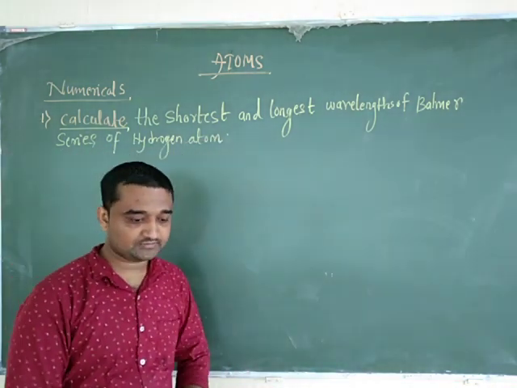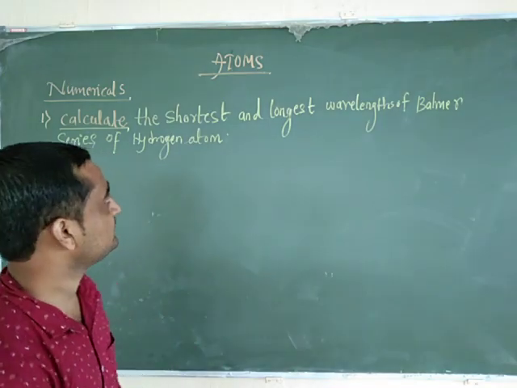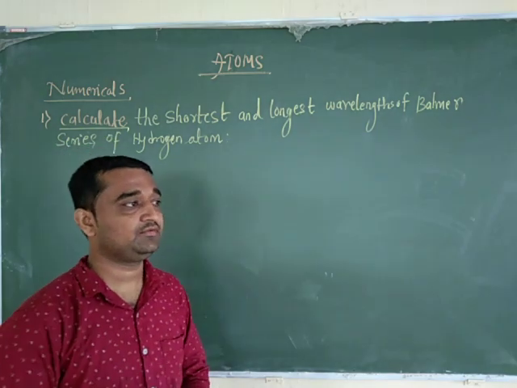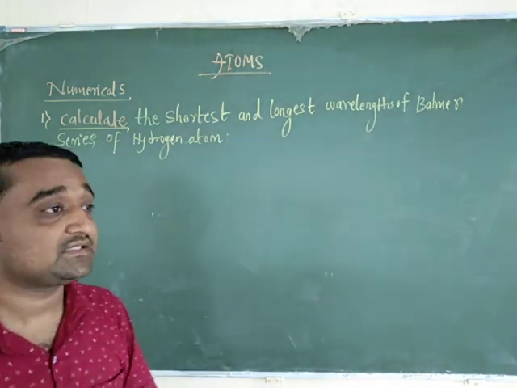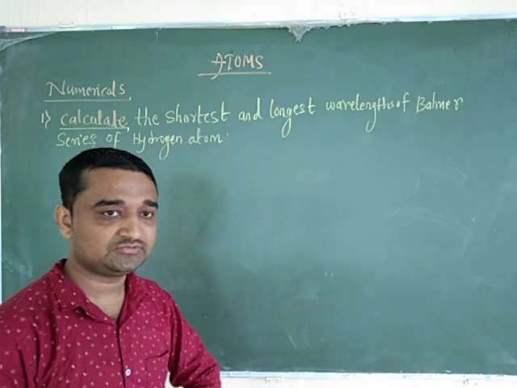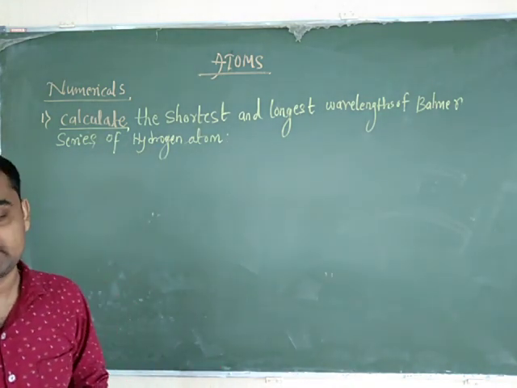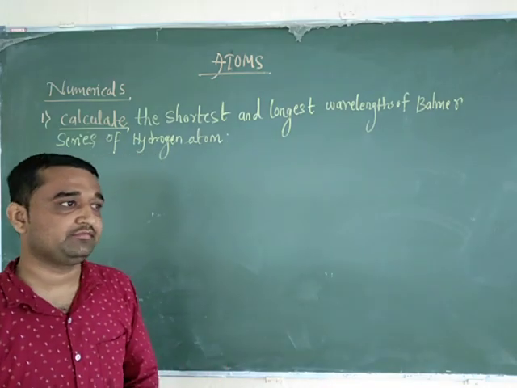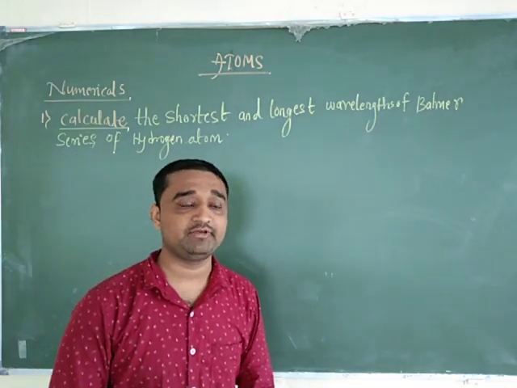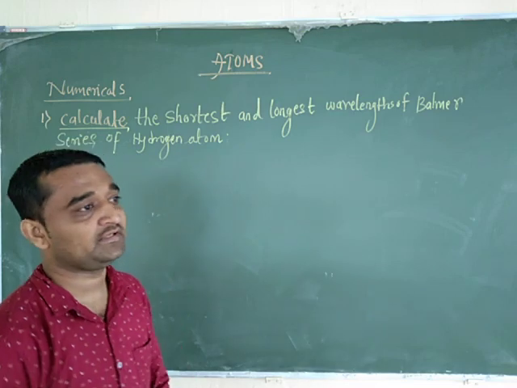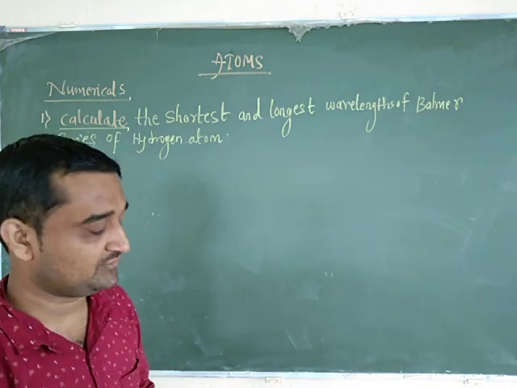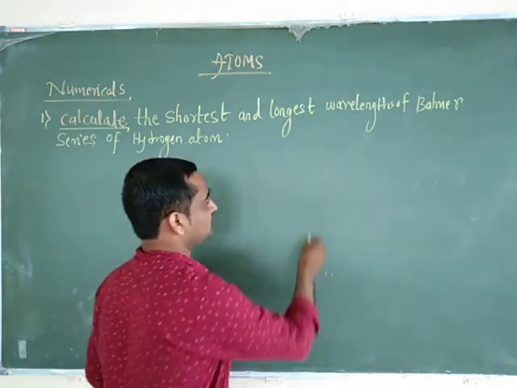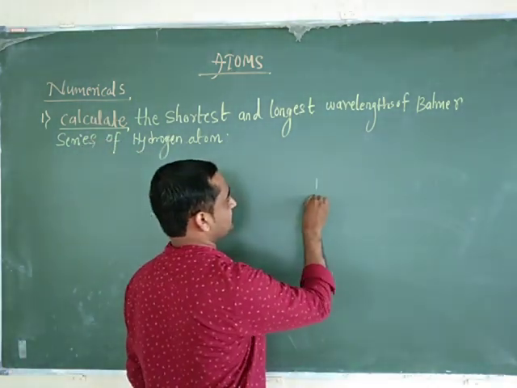So in the previous class we discussed the chapter Atoms. We discussed the energy level diagram of the hydrogen atom and the spectral series of the hydrogen atom, and also one important point: we derived the expression for the wave number of emitted light in a spectral series of hydrogen atom, also called the Rydberg formula, that is 1 by lambda